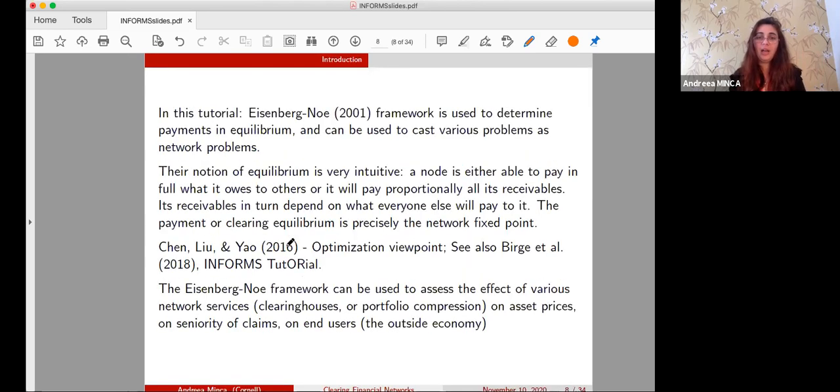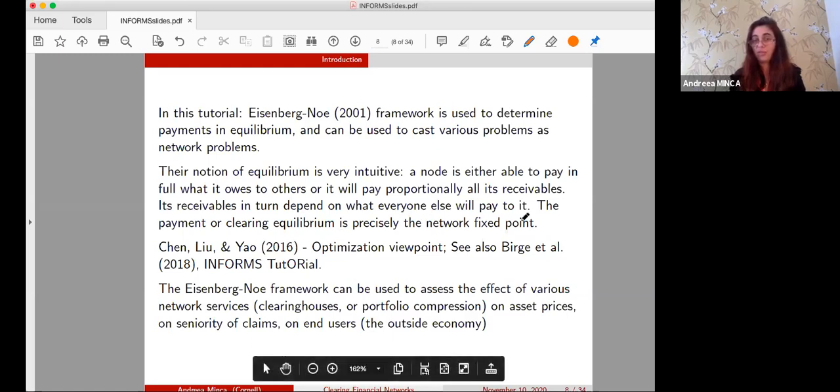emphasize these points. So what we are going to be using is a very convenient framework, Eisenberg-Noe, which in fact is very similar to thinking about cash flows in the same way as we are thinking in operations research about network flows. So we try to find an equilibrium in the financial network that specifies how much each node is able to pay, given what other nodes are able to pay to that node, and of course capped at the due payables by that node. So this is a clearing fixed point. So this is a network fixed point, and